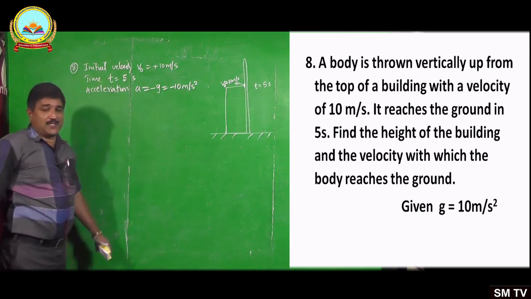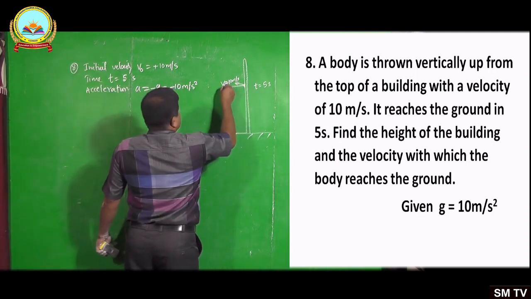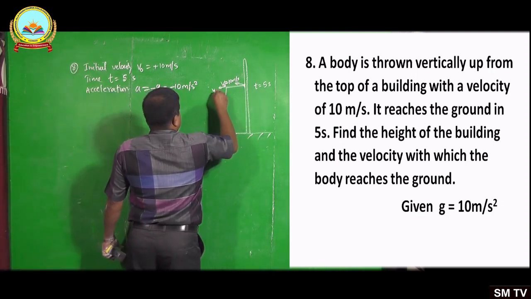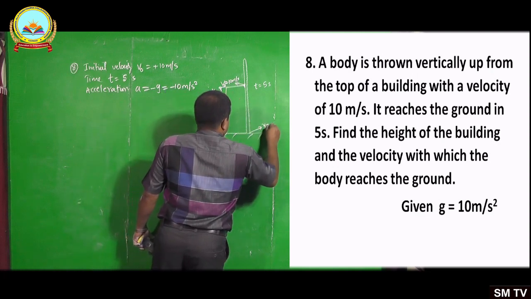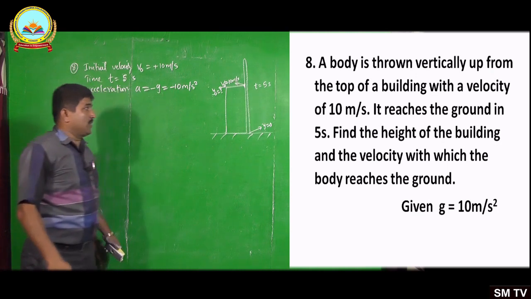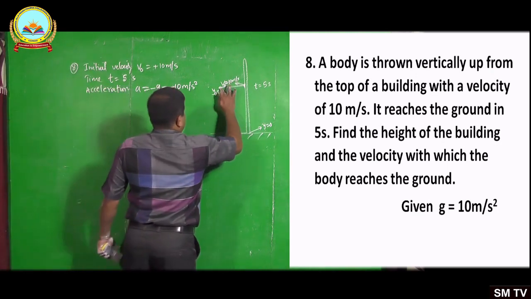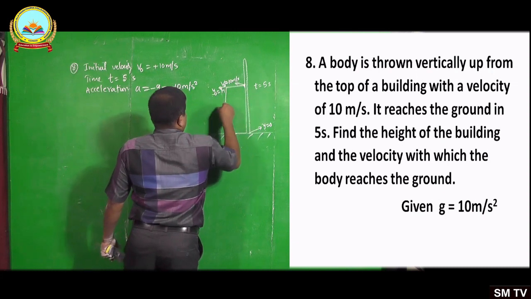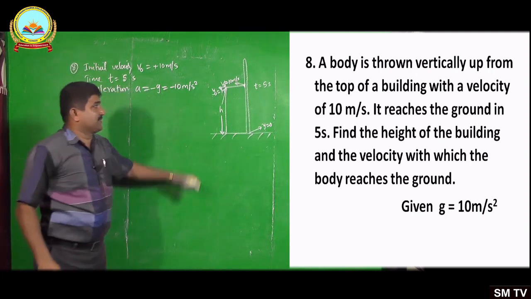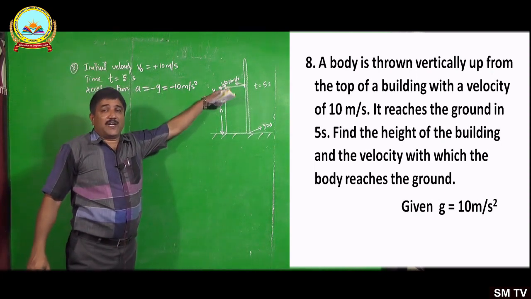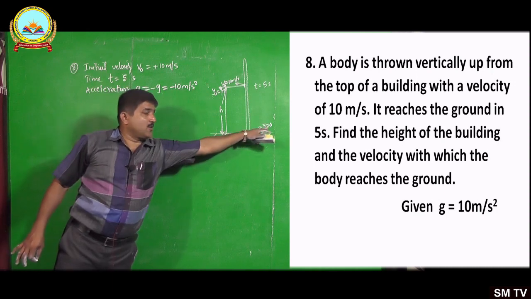Okay. Then next, the height of the building we have to get. So the initial position we have to get. The initial position y naught equals how much, and the final position y equals 0. That is the height h I will take. h is the height of the building. So the initial position will be h. y naught will be h if I take the height as h. And the final position is the ground, so y equal to 0.